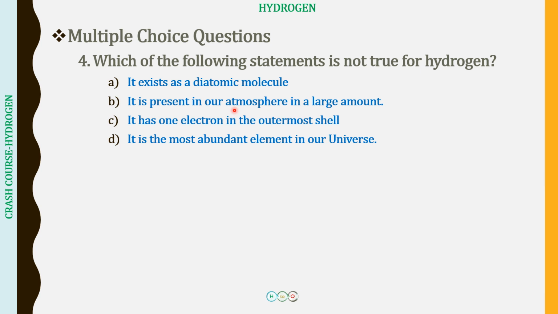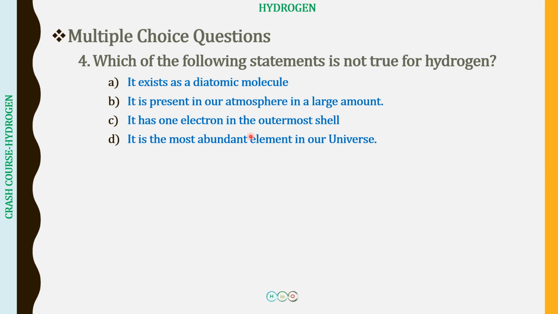Hydrogen on Earth is present more in the form of a combination with other elements in the form of compounds. For example, you all know in the form of water, right? So in water, in plant tissues, in animal tissues, proteins, carbohydrates, and why not mention the hydrocarbons, the petrochemicals. So in all these forms, hydrogen is present to us. But in our atmosphere, it is not present in a large amount. It is present very little.